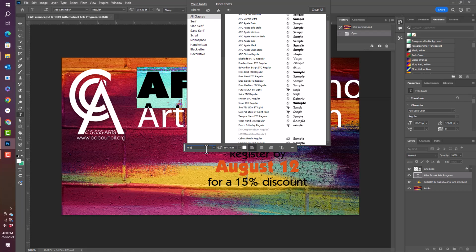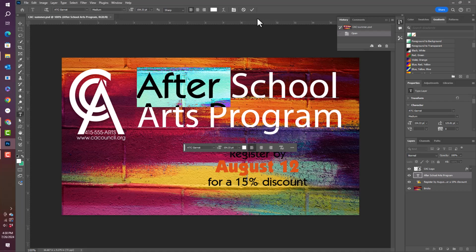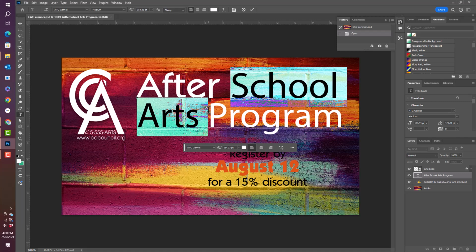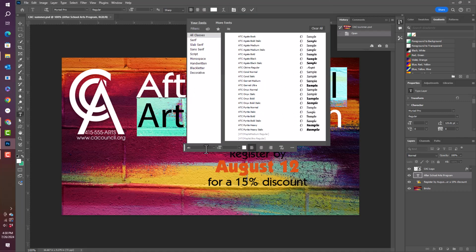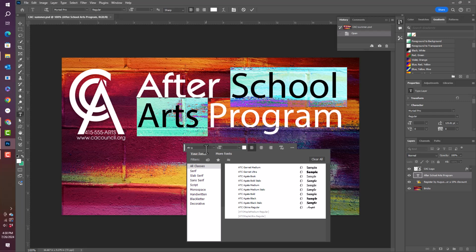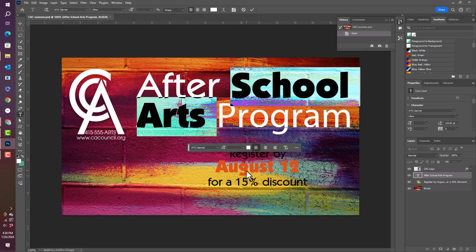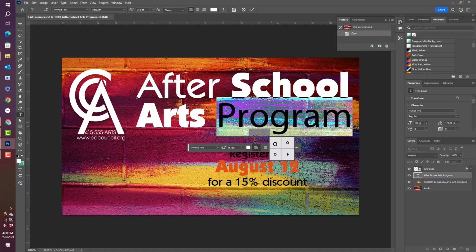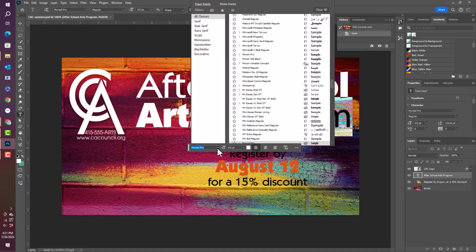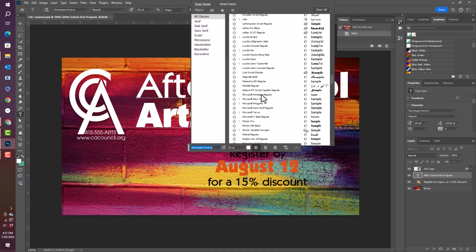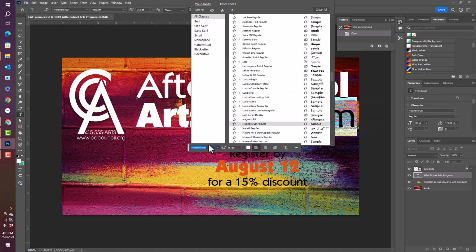We're going to choose ATC Garnet Medium, and then select School Arts and type in ATC, and we want Garnet Ultra, and select Program and make that ATC. Now you can scroll through this, but it's a whole lot easier to start typing in